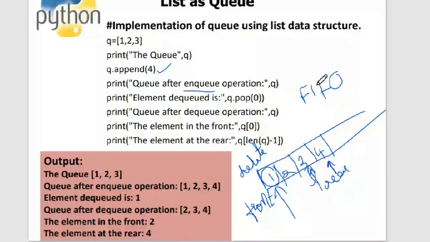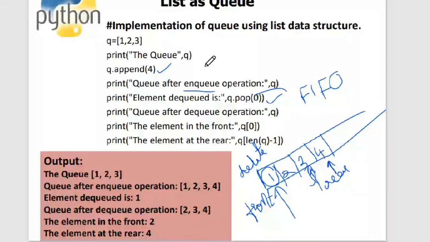I want to delete the element at the 0th position. That is what is called the dequeue operation. So I have done pop of 0 over here. The enqueue operation takes place with the use of the append method, and the delete operation is done by using pop and passing the argument inside the pop operation.